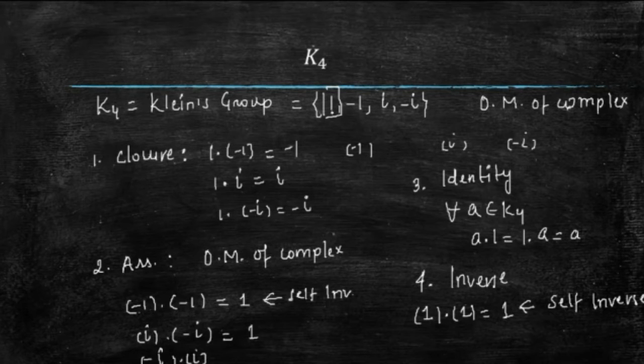So पूरा ग्रुप आपके सामने आ गया. There are 4 elements. 1 is the identity, 1 and -1 are self inverse, and iota is the inverse of minus iota and minus iota is the inverse of iota. There will be many other characters of a group too जो हम आगे जा कर के पढ़ेंगे, and then we will come back here on these examples to find out whether वो जो characters हमने अभी पढ़े हैं वो ये group show करते हैं या नहीं करते. So this is K4, Klein's group with 4 elements.